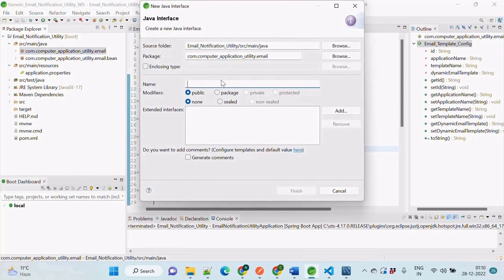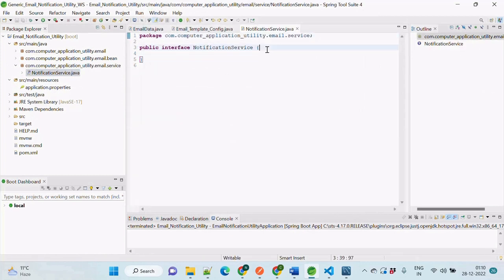We will first create a service interface. The package will be email.service. Class will be NotificationService. In this we will have four methods: public String sendSimpleMail,